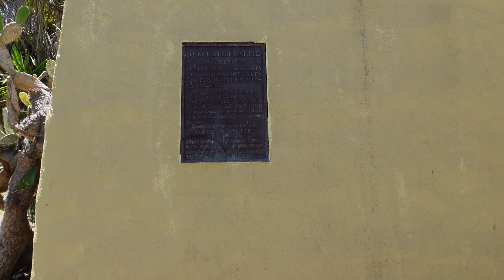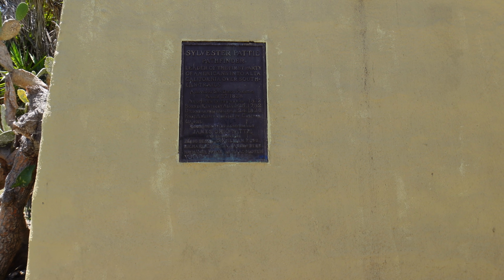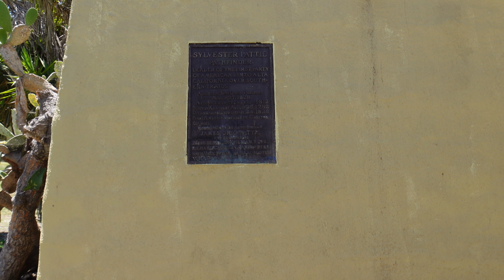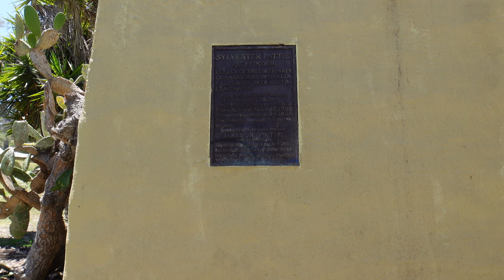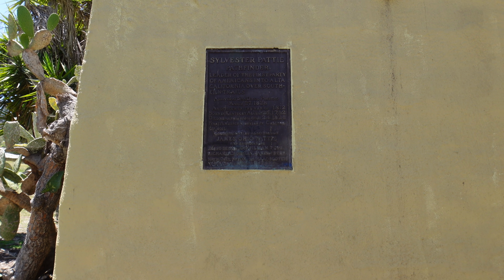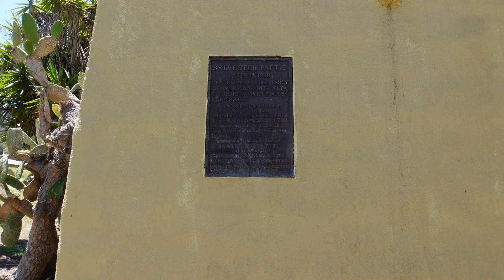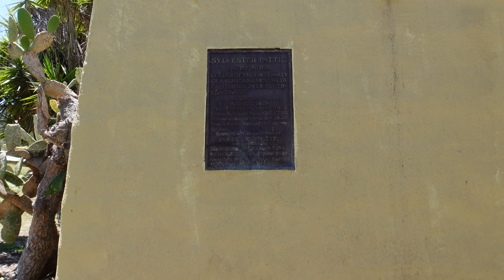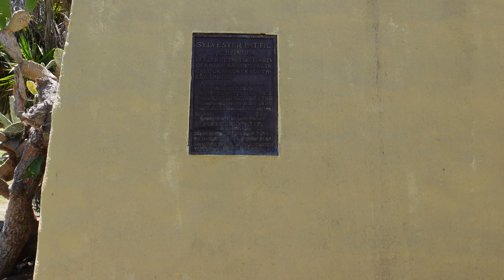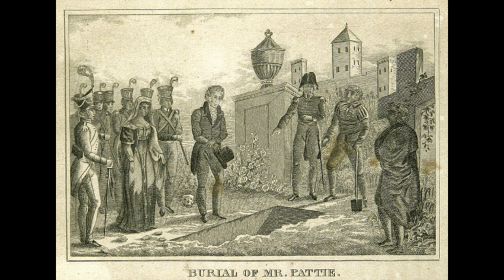Now, there's a lot of websites that claim that they were held in this building. That is not true at all. The reason that the plaque is here is because the prison that they were kept in is nearest to this site, but this building is not original to the mission or to the Presidio that was here. This building was built in the 1930s, so they definitely were not kept inside this building, and he definitely did not die inside this building. But he did die in 1828